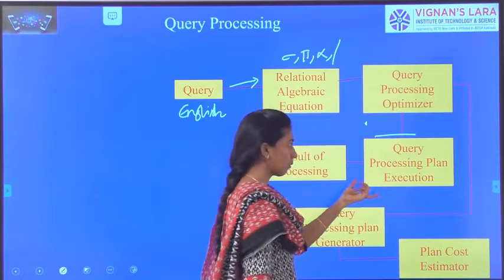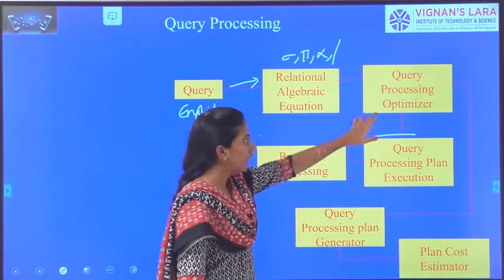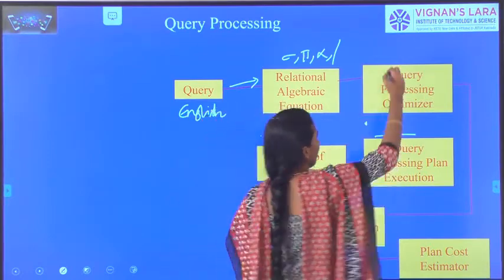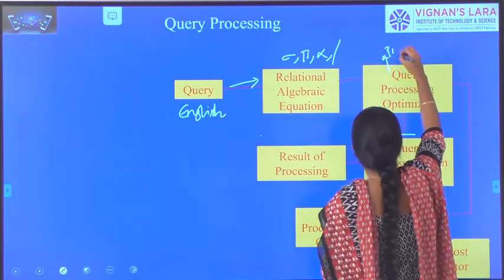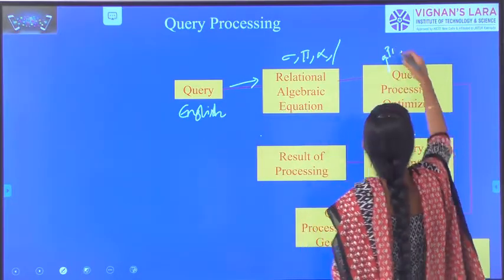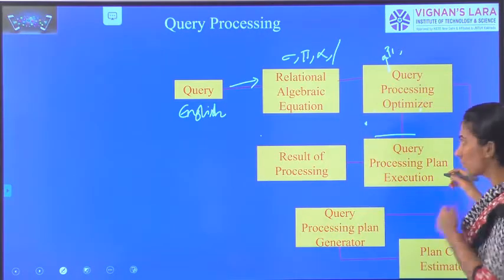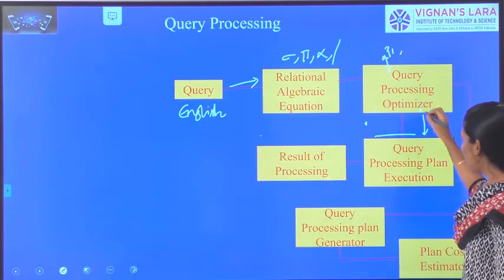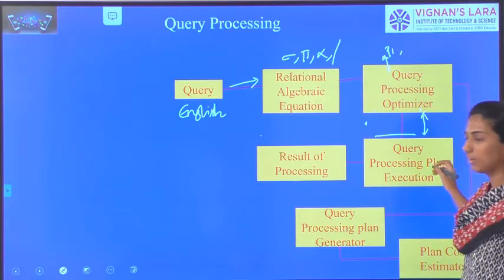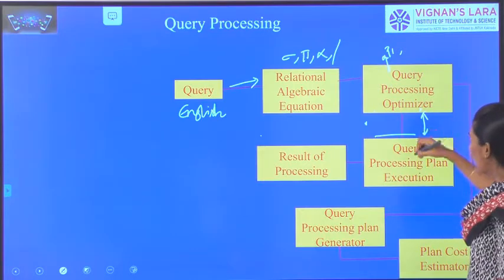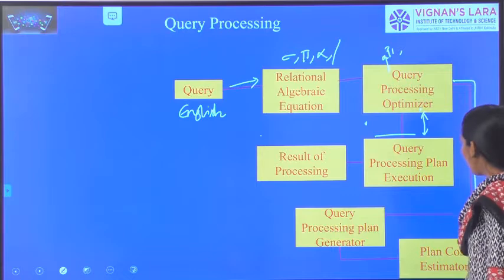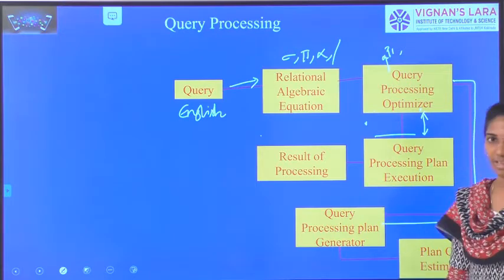Query processing plan execution means whatever the optimizer has given, it is going to generate the result. Meanwhile, the optimizer works with the query processing plan generator.